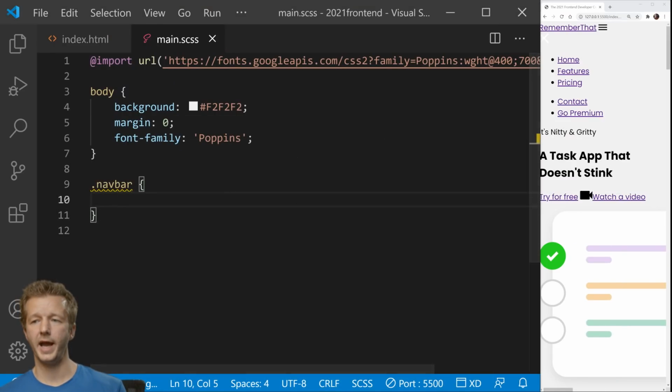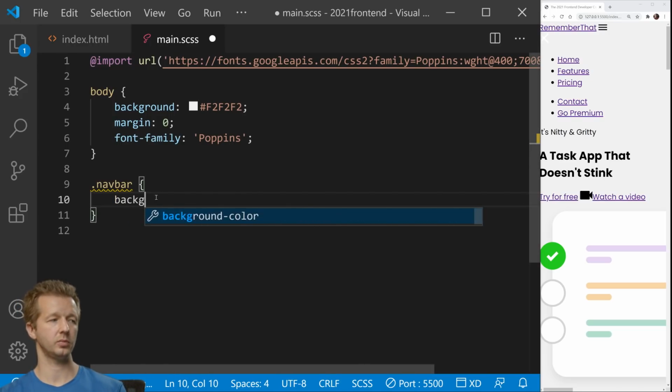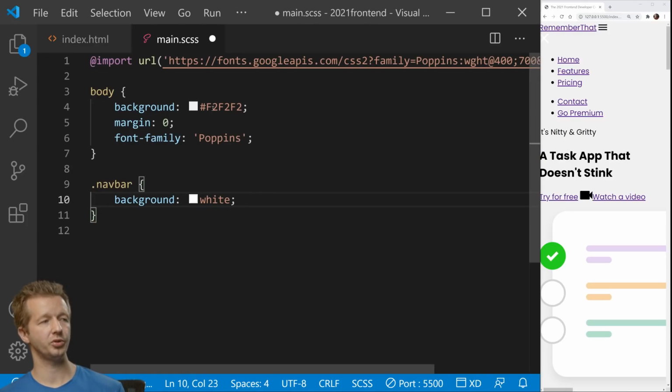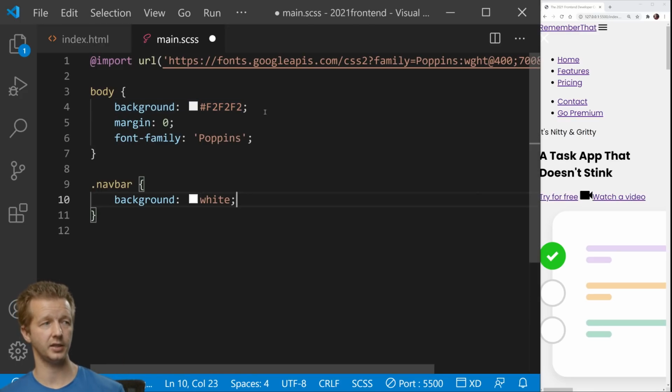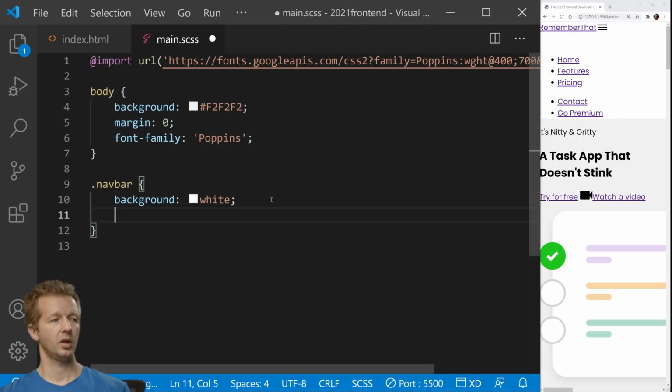All right. So for navbar, the first thing we're going to set is the background. The background is going to be white. There are different ways to specify color in CSS. You can do hex values, RGB, RGBA, HSL. There are a lot of different ways. I don't want to confuse you too much, but you can also write out common color names as well. Now you can see it's this white color, and you can see the difference between the shades here. So background white, and we're also going to have padding. Padding is another CSS value. By the way,